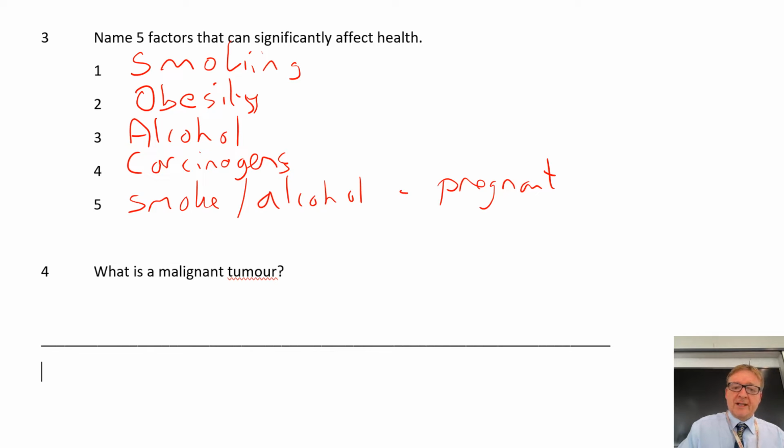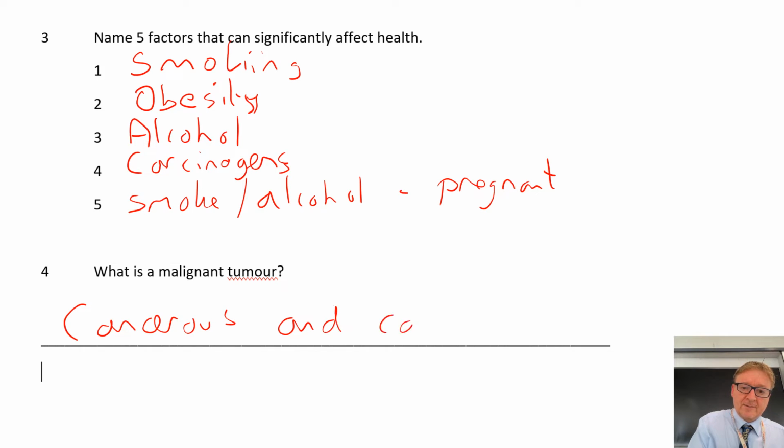Question number 4, what is a malignant tumour? So a benign tumour is something that will not spread, and to a certain extent it isn't a danger to life, whereas a malignant tumour is something that is cancerous and can spread. What a benign tumour tends to be, it tends to be within sort of a bag, a package, within something. A malignant tumour is where it's starting to grow roots, it's starting to escape out of whatever package it could be, so that then it can spread.